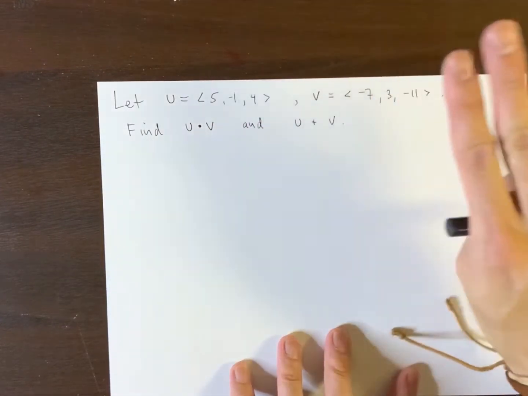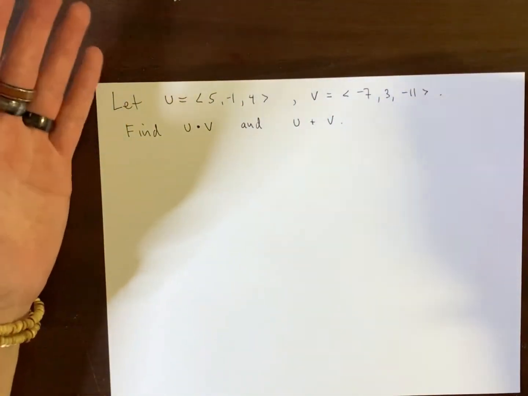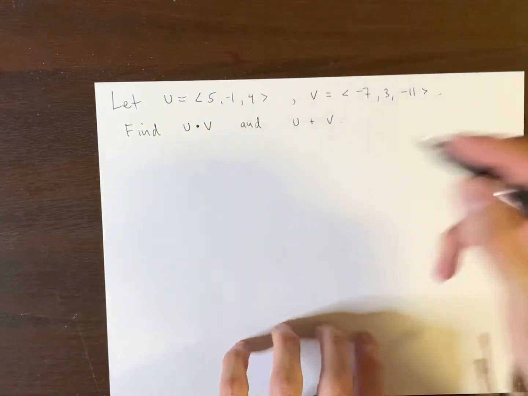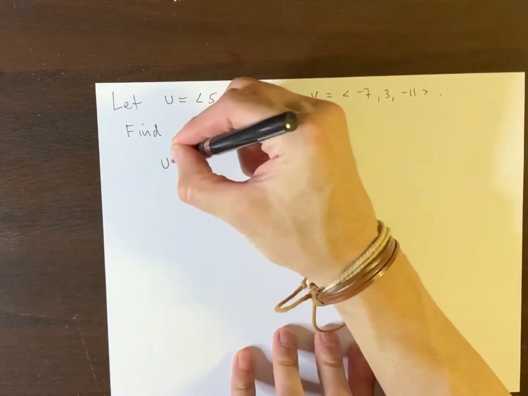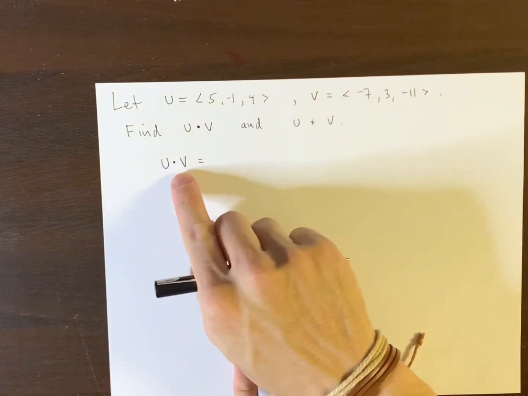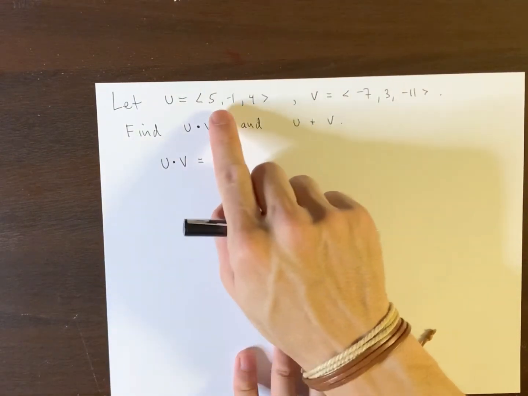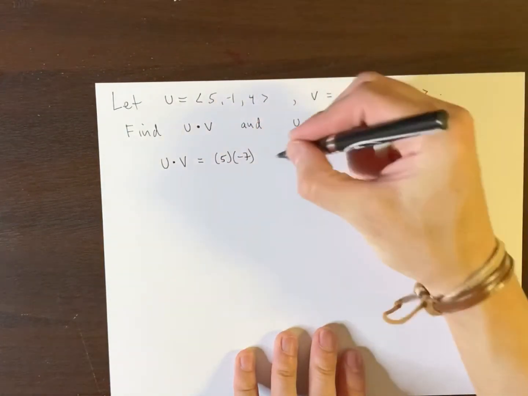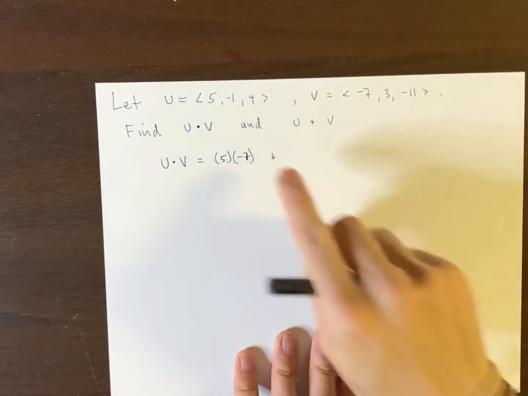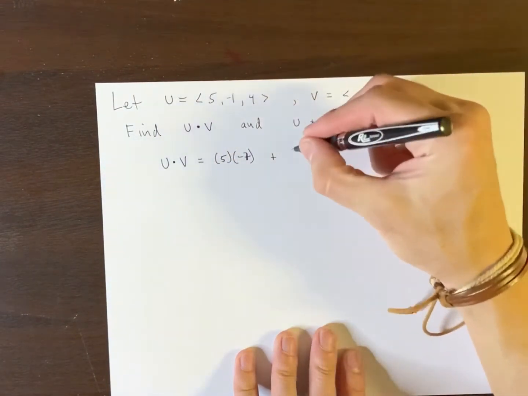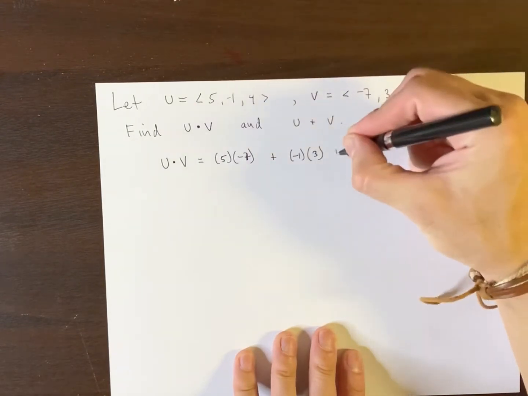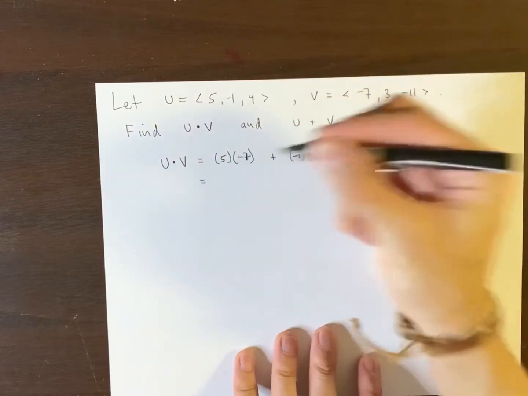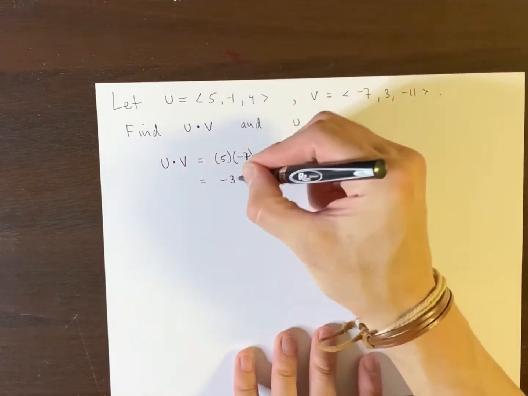So I won't get into the theory behind this. I won't explain what's going on behind the scenes. I'm just gonna show you how to get the right answer. So for u dot v, here's what I do. u dot v is a dot product. So what I do is I multiply this x with this x. And then I go addition. And then I multiply this y with this y. And then we go addition. And then we multiply this z with this z. And then we compute this here, so we have